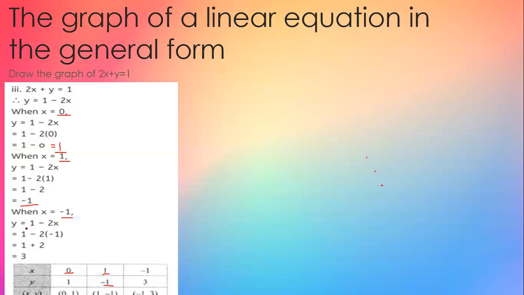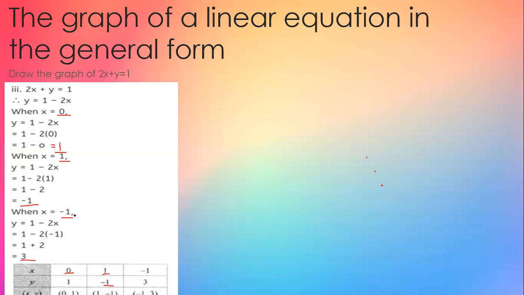y is equal to 1 minus 2x. So 1 copy as it is, minus copy as it is, 2 copy as it is, and in place of x, we are going to write minus 1, right? So 1 copy as it is. Now here also minus, here also minus, minus and minus will get converted into plus. Minus into minus is plus. So 2 ones are 2. So we got 1 plus 2, and if we add 1 plus 2, the answer will be 3.